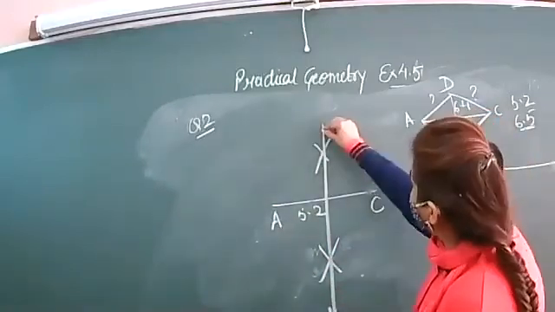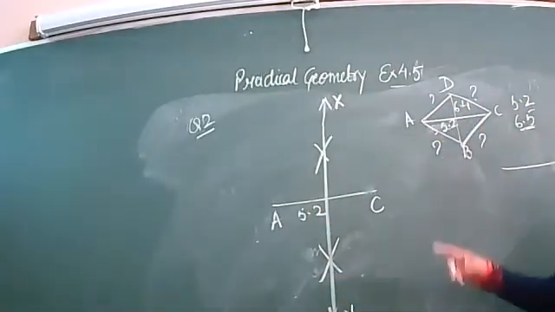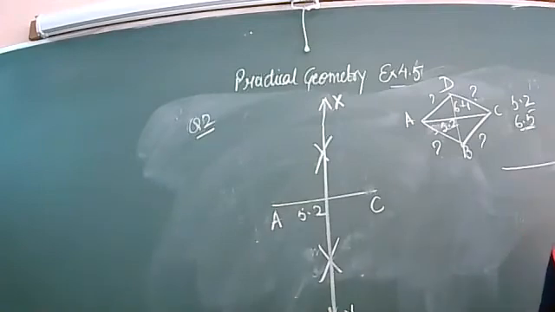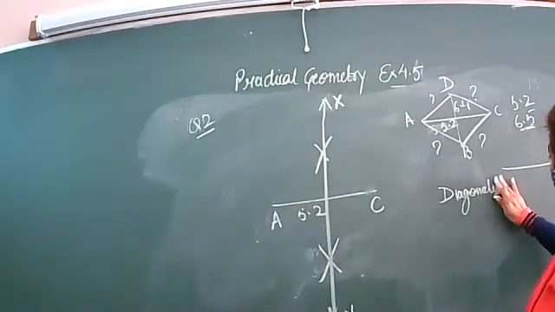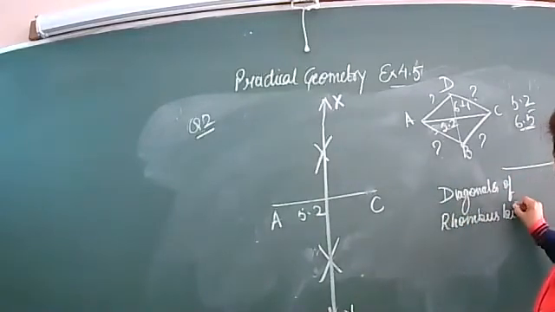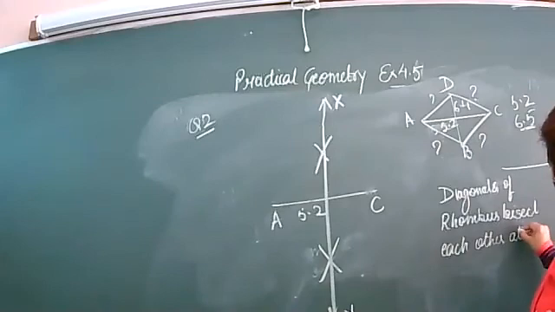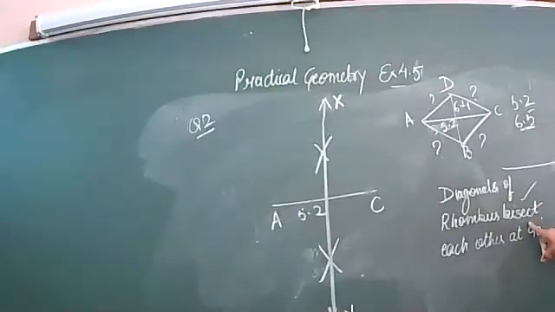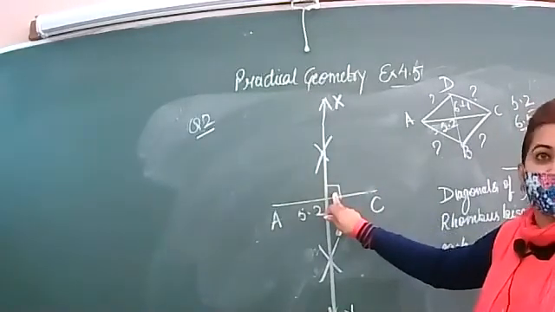And in this manner, you will get this line. That is your X, Y. So this line is the perpendicular bisector of your AC. Got it? Now, we have used one result. Which result have we just spoken? Diagonals of rhombus bisect each other at 90 degree. Bisect means they are dividing each other. At 90 means they are making 90 degree. And this line you all know is making 90 degree with the base.